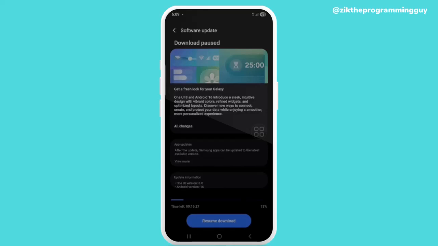Once you click on that, you can now see update, but my app style, that's why you can see resume download. So before then, let's look at what it actually entails. So you can see get a fresh look for your Galaxy. One UI 8 and Android 16 introduces sleek, intuitive design with vibrant color, refined widget, and optimized layout. Discover new ways to connect, create, and protect your data while enjoying a smoother, more personalized experience, right? So once after reading that and you're cool with that, you can now click on update and